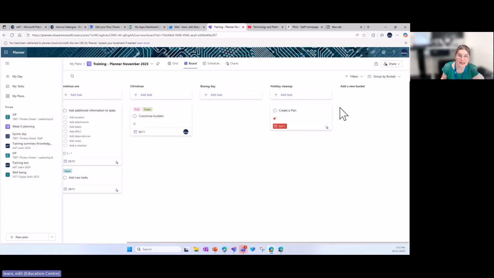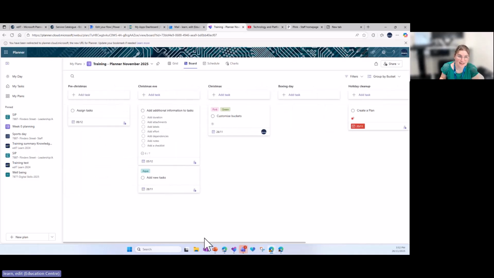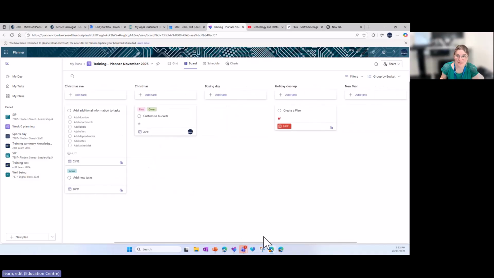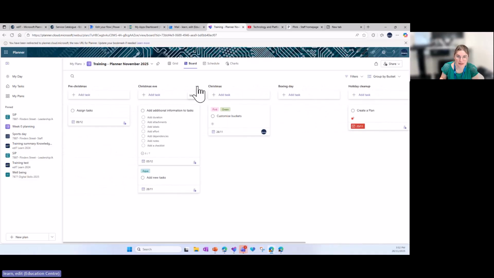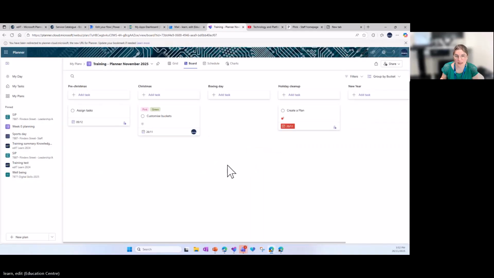If I want to add another bucket, I can do that by selecting Add a New Bucket. Let's put in New Year. If I've got too many buckets, or I've created a bucket and I don't need it anymore, maybe I don't need Christmas Eve, I can just go into those three dots, the ellipses, and go delete,